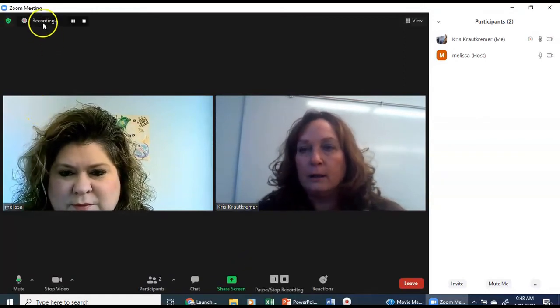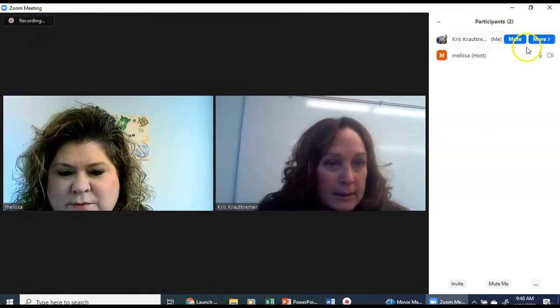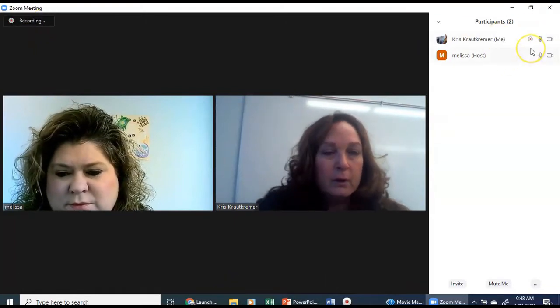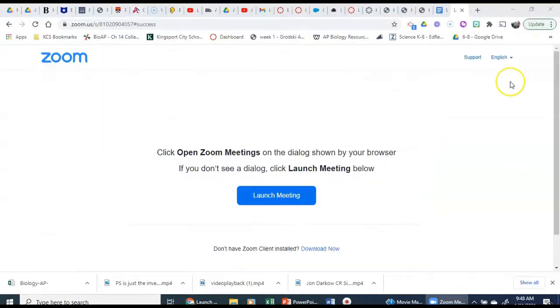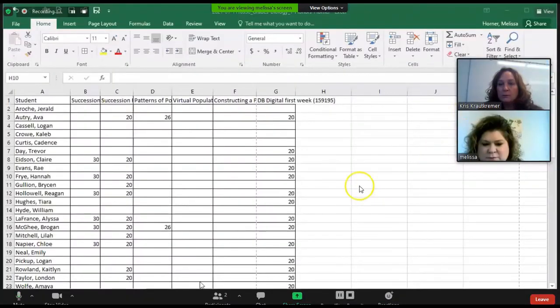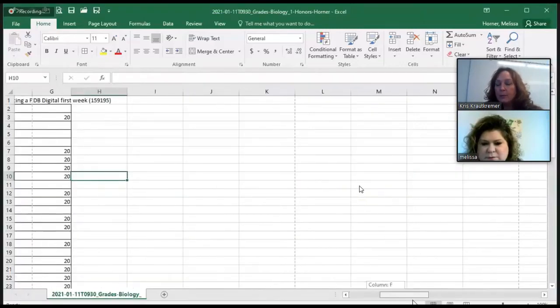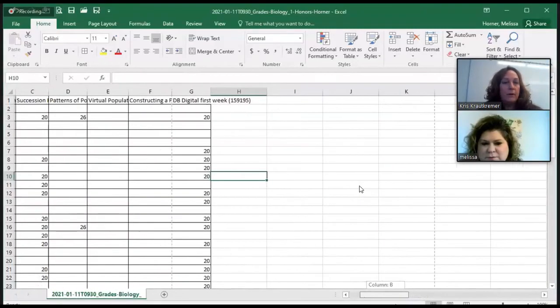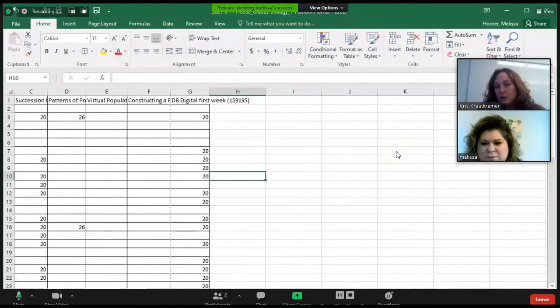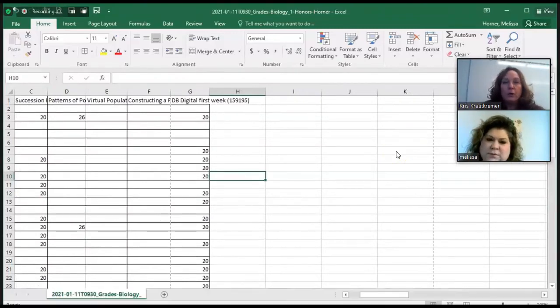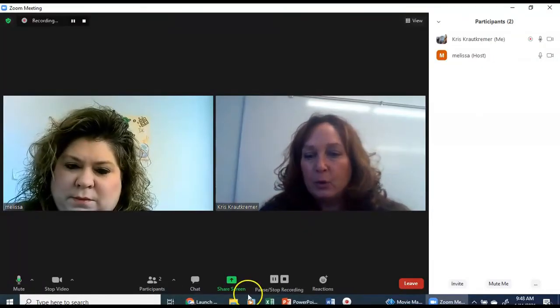We're still recording. And if you look, it tells you over here that I'm recording, even though she's the host. So she's got a little spreadsheet up where people are checking in and doing things. We're able to see her screen. She can quit sharing her screen if she wants to, goes back, and now she's the one who's able to